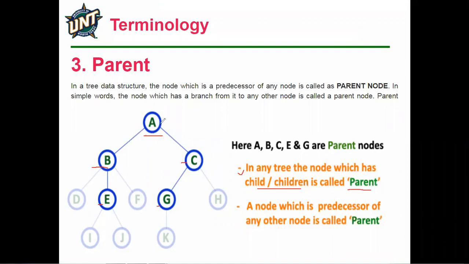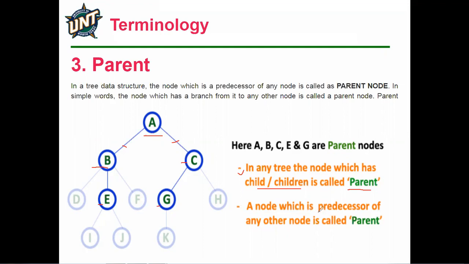In our example, A has two children, that is B and C, that's why A is a parent. Again B has three children, that is D, E, F. So again we are highlighting only parents, that's why B is a parent. Again E has two children, I and J, that's why E is a parent node. What about C? C has G and H as children, that's why C is a parent node. What about G? G is also a parent node. Why? Because it has one child, that is K. So this is the definition, or you can easily understand the concept of a parent node here in the given diagram. We have seen that in a tree any node which has a child present is called a parent node.